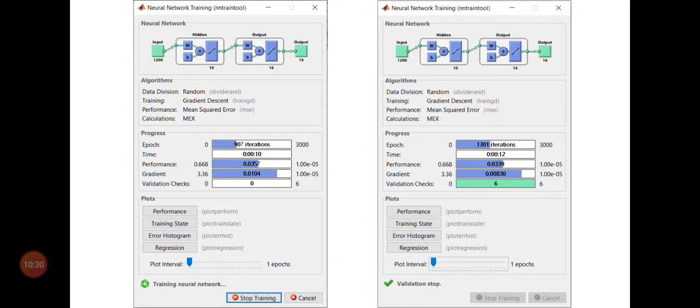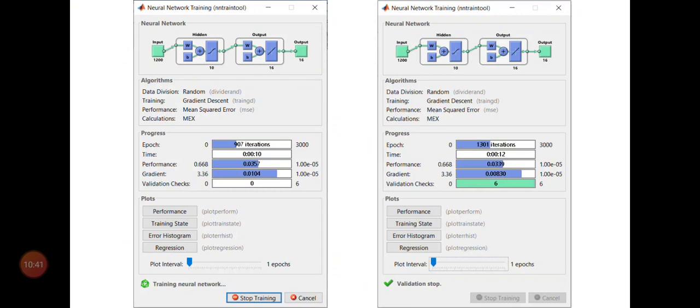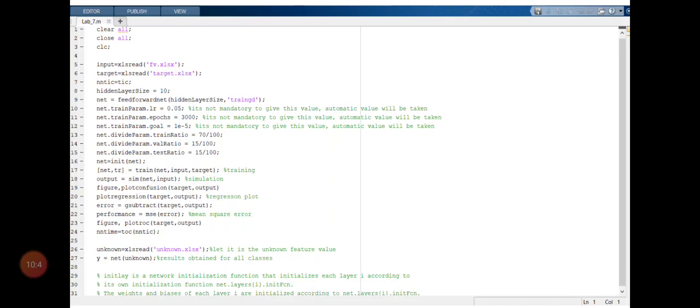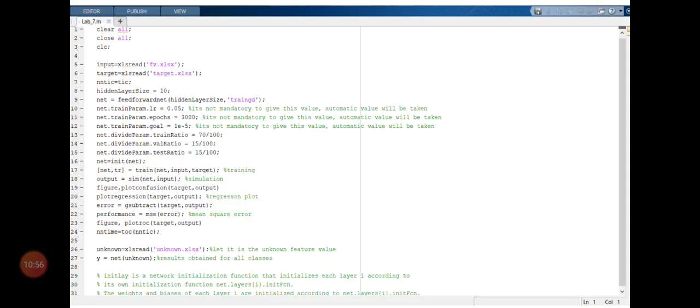And the epoch, that is the total number of times the code can run, is 3000, which came from line number 11 of this code. Now the time, how much time it takes, has been measured by tic toc. Then the performance measure is given in line number 12. Then the gradient is calculated, and the same thing has been given in the code here.